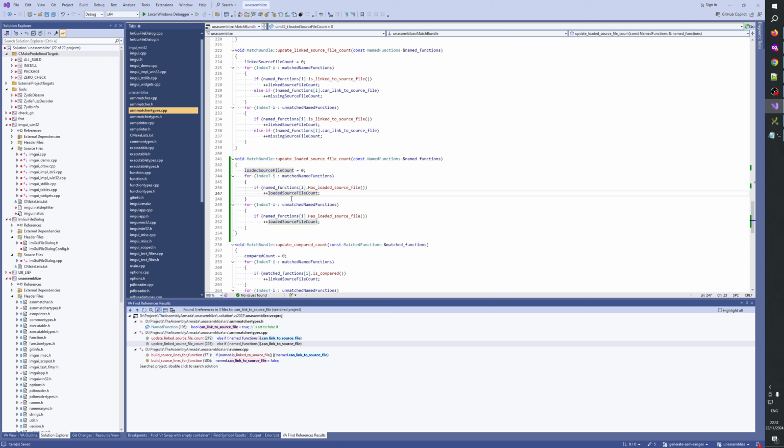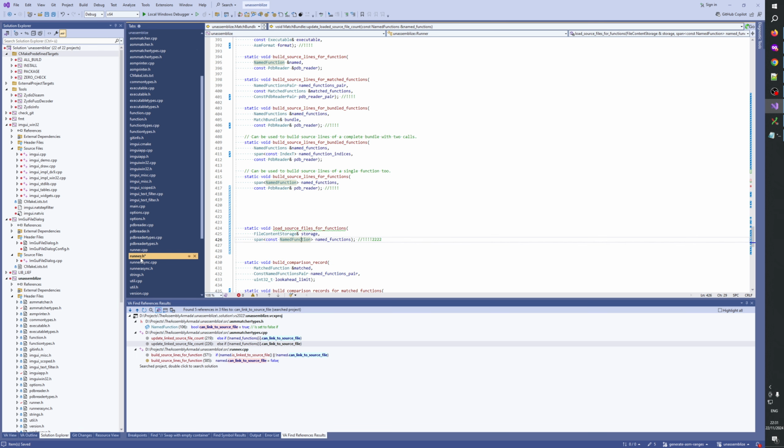Good, so loaded source file count has loaded source file. Yeah, I think this is good. Okay. Then let's get back to runner. So we have named function. This means that we actually